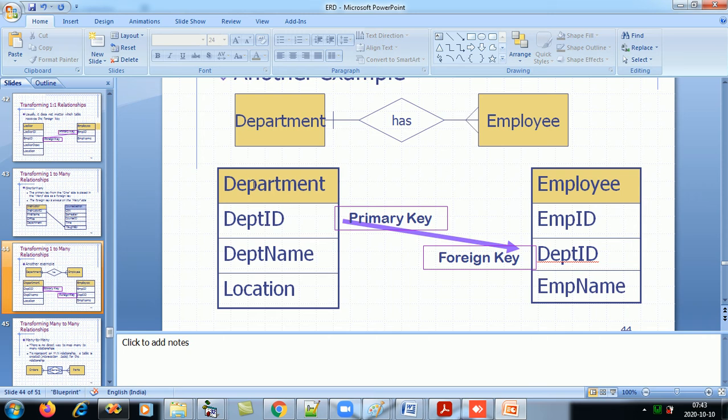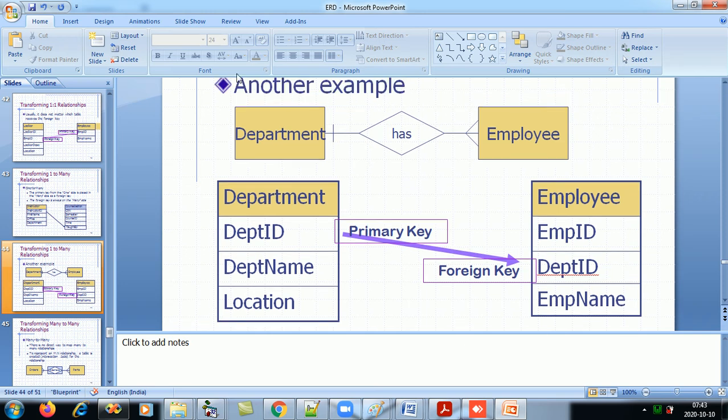The one table will be department, whose attributes mentioned are department ID, department name, and location. Those attributes become the columns of that table. And as they are in a one to many relationship, the primary key of the one table becomes the foreign key in the many table.